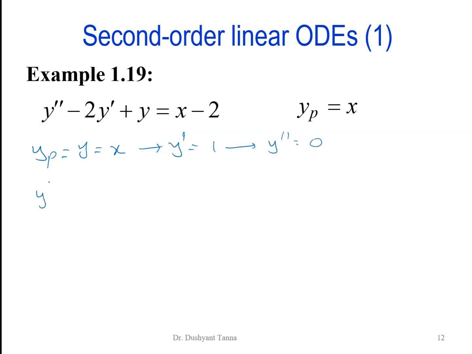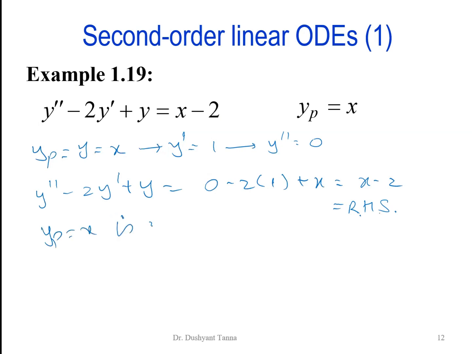Plug it in: y'' - 2y' + y is 0 - 2 times 1 + x, which turned out to be x - 2. And that is your RHS, or right-hand side. Okay, and that turned out to be correct, and therefore